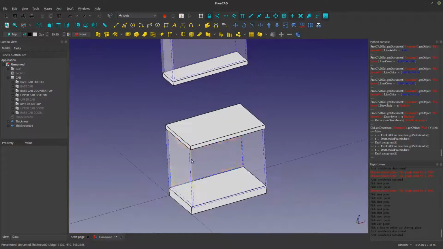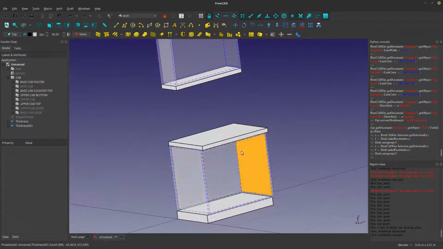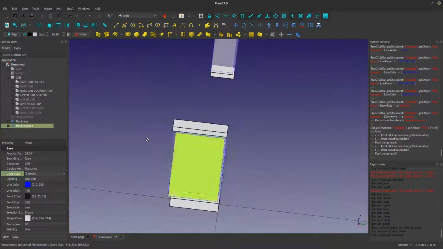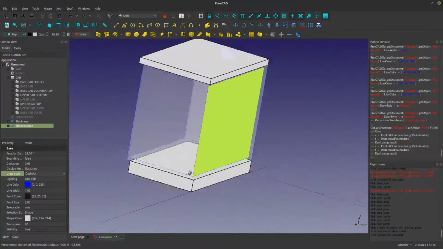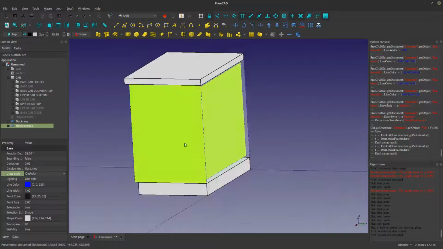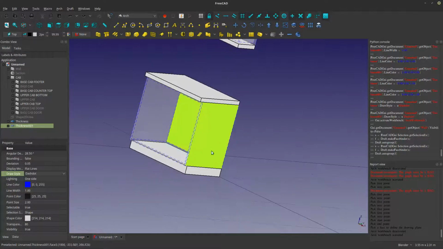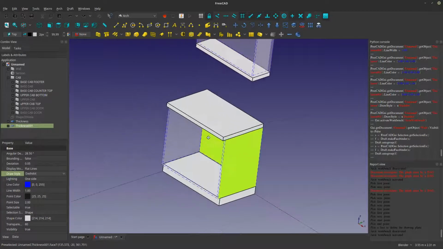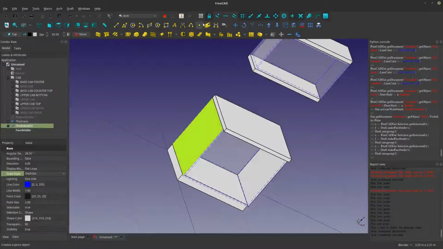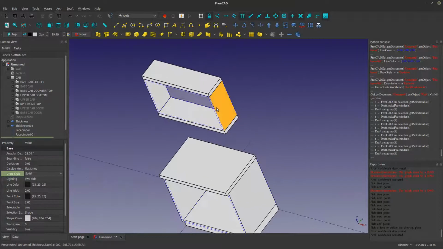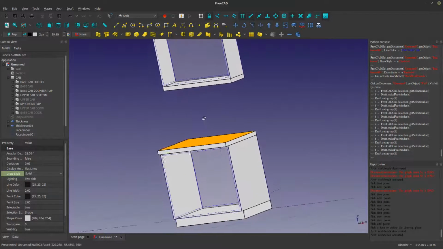Okay, so I come from the inside of that face. Well, I select this face, face binder, select this face, face binder, select this face, face binder, select that, face binder,